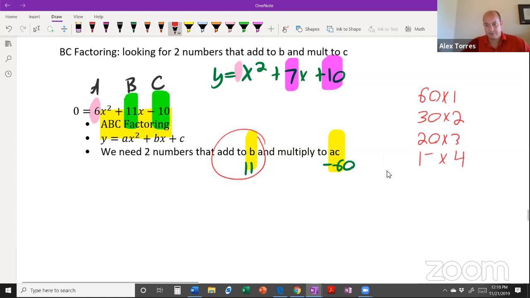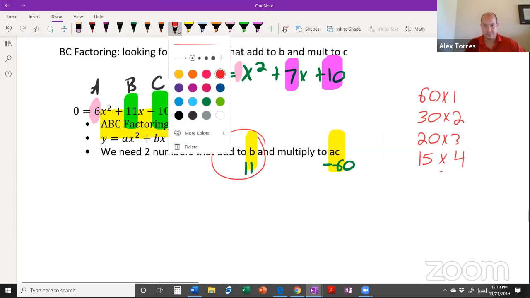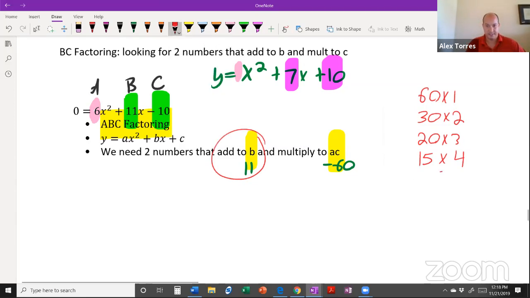So now we have the 15 times 4. And we're going to go ahead and say, well, 15 times 4, that's actually 60. And 15 minus 4 is 11. So those are our numbers right there, +15 and -4. So the next thing you do is you take the middle term. So we started with,